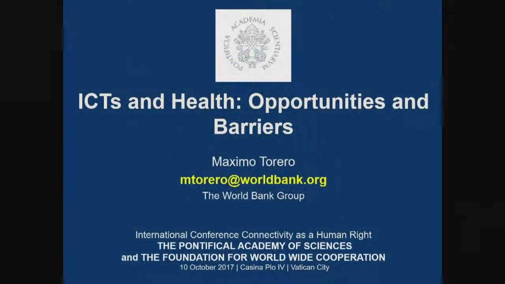Basically, what I am going to try to do is to bring some examples from the health sector, but especially focus on some of the opportunities and barriers that I see if we respond to this issue of connectivity. And again, I am 100% on the idea of improving connectivity, but I think that there are things that we need to take into account also when looking at this topic. And I also think it's very different depending on the age cohort you're touching and depending on the level of skills that you have, what are the constraints that you will be facing.